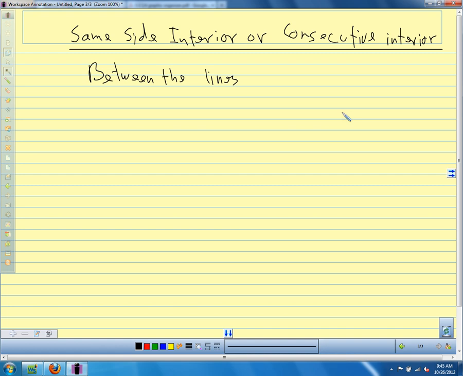Our angles are on the same side of the transversal. So our same side interior angles on this graphic organizer are angle